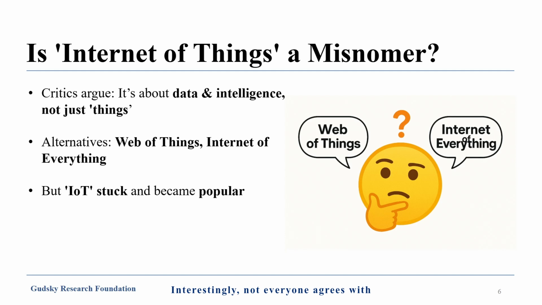Interestingly, not everyone agrees with the name Internet of Things. Some experts argue that the term is misleading. It's not just about connecting things, it's about collecting data, making smart decisions, and taking actions. Terms like Internet of Everything or Web of Things have been suggested, but as it happens often in tech, the catchier term wins. So IoT became the standard, and even if it doesn't cover the whole story,